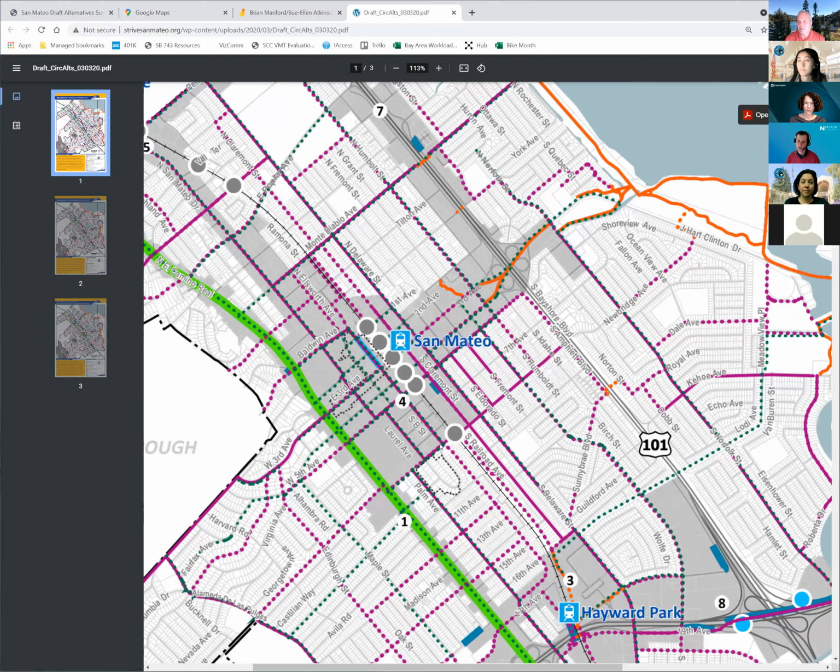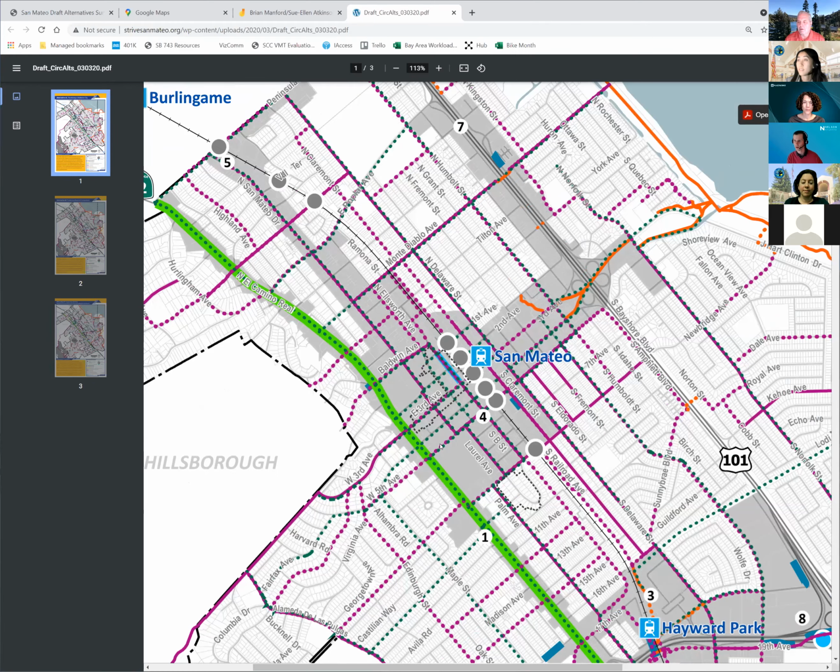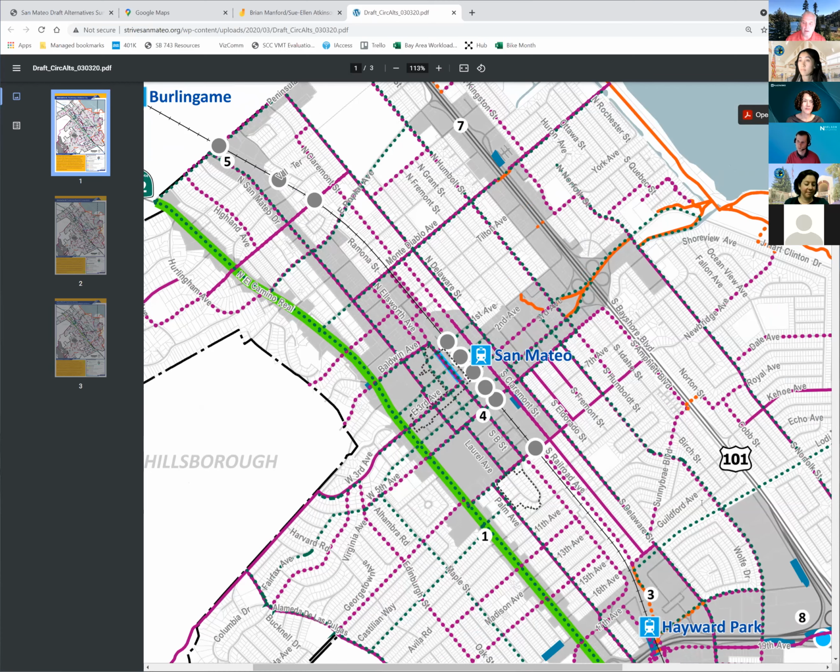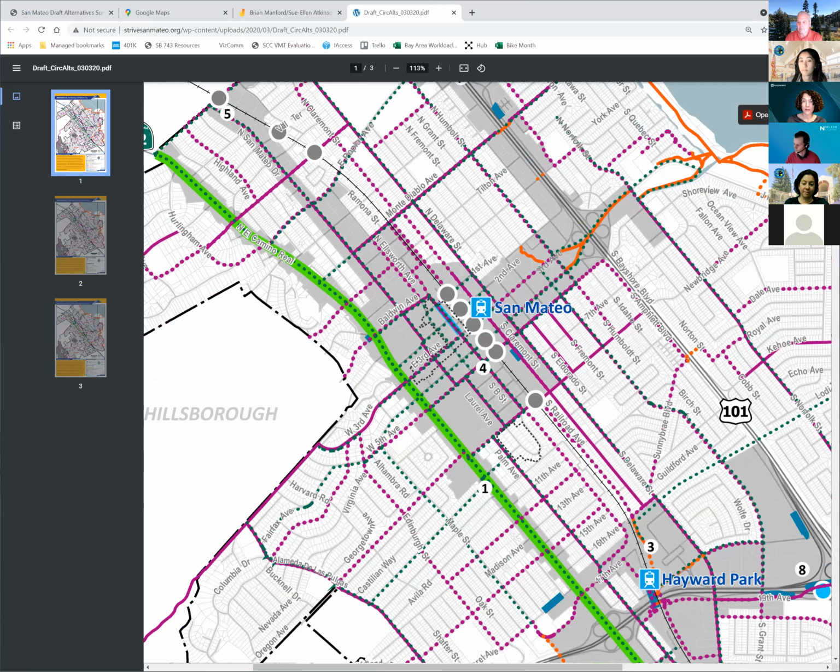Yeah, so the alternatives will be evaluated both on the land use changes, so the new development in the different alternatives, as well as the circulation network, and the traffic modeling is a part of that. And Joanna, if you have more detail. Well, that's great. Thank you. Yeah, that's quite right. And I think we are going to have to make some assumptions about right of way and how the roadway gets used in these different scenarios in order to do a comparison with the traffic modeling and be able to say something about the pros and cons and the differences among these three alternatives.